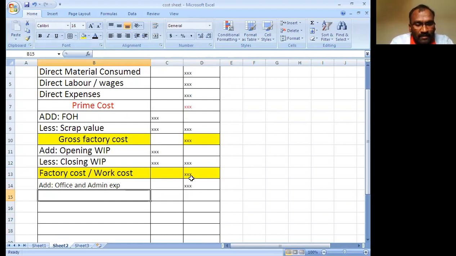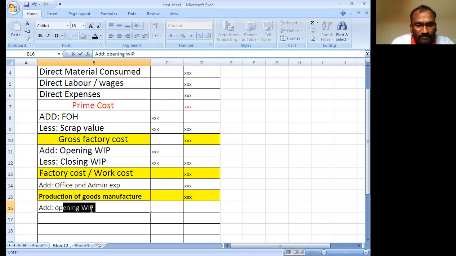Now you get the production of goods manufactured. Write it in the outer column.